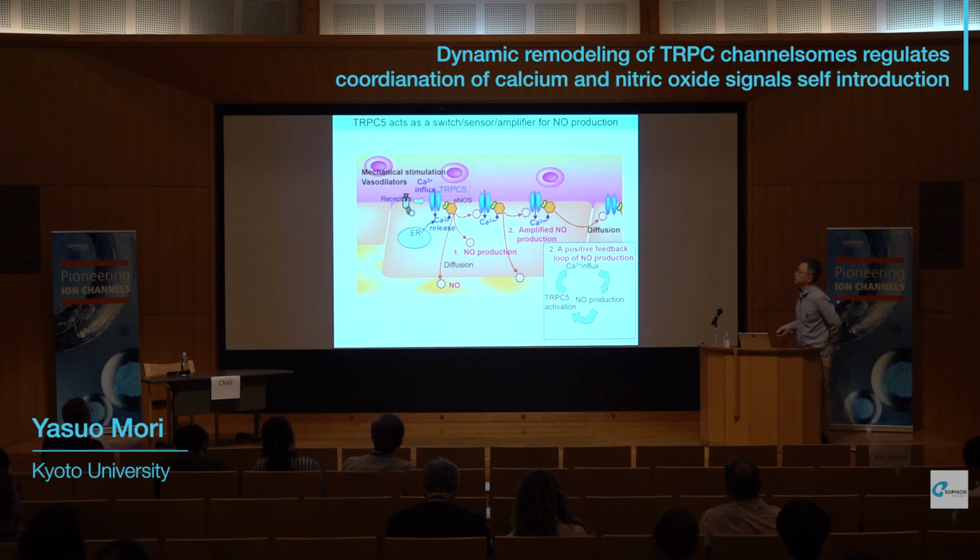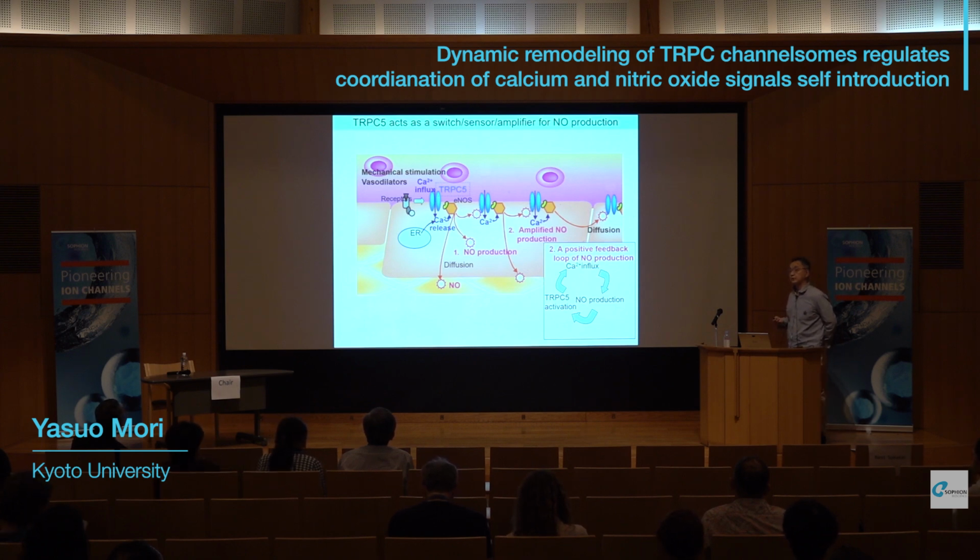So just to summarize the results up to here, TRPC5 is certainly an essential component for calcium influx, in combination with calcium release, to activate eNOS. And this is maybe limited information restricted to bovine arterial endothelial cells, but can also be extended to other systems, because as you know, endothelial cells are quite a divergent cell group.